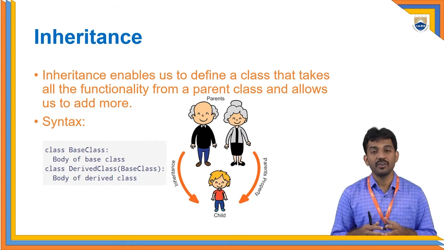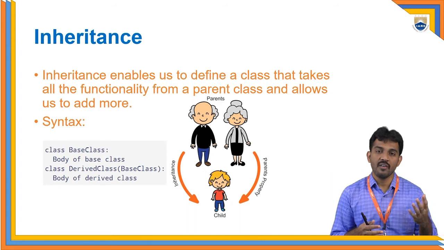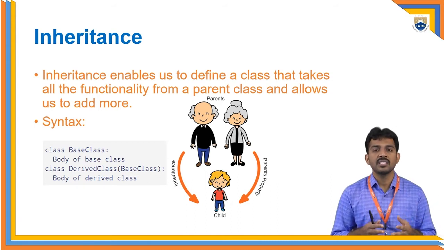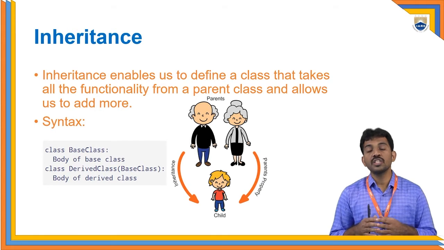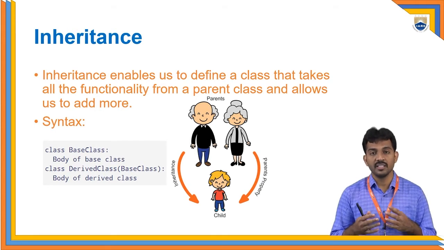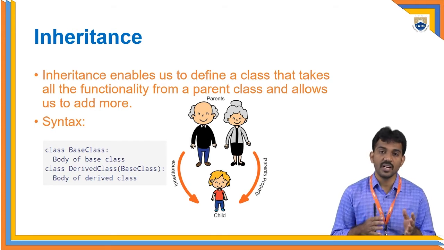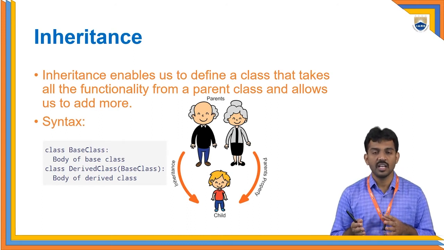No need to write the same kind of functionalities already available in the variables or characteristics. Suppose 10 characteristics are available in the parent, and only two extra you need to add in the child, right? The 10 are required and extra 2 are required in the child. Then you can add only two.